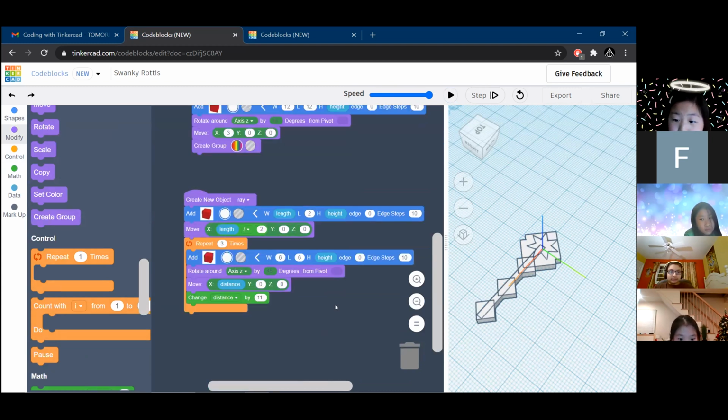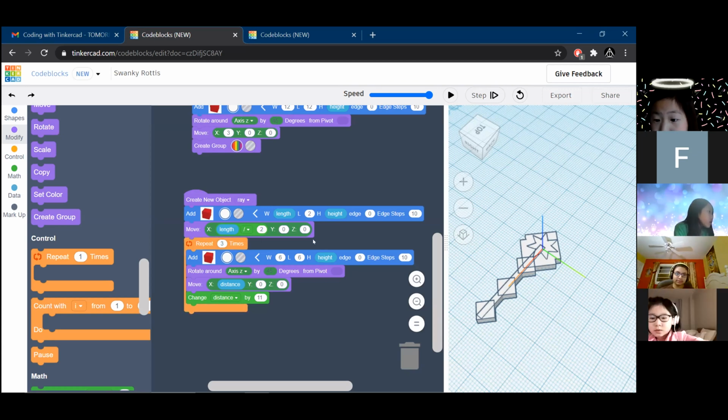Does everybody's look like this? I got it. No, I only have like one little one. Okay, so did you put 3 times in the loop? Remember, if it doesn't look like this, then it's going to look different. Just because it looks different doesn't mean it's bad. It's just that it's not going to look like this. So yours looks different.